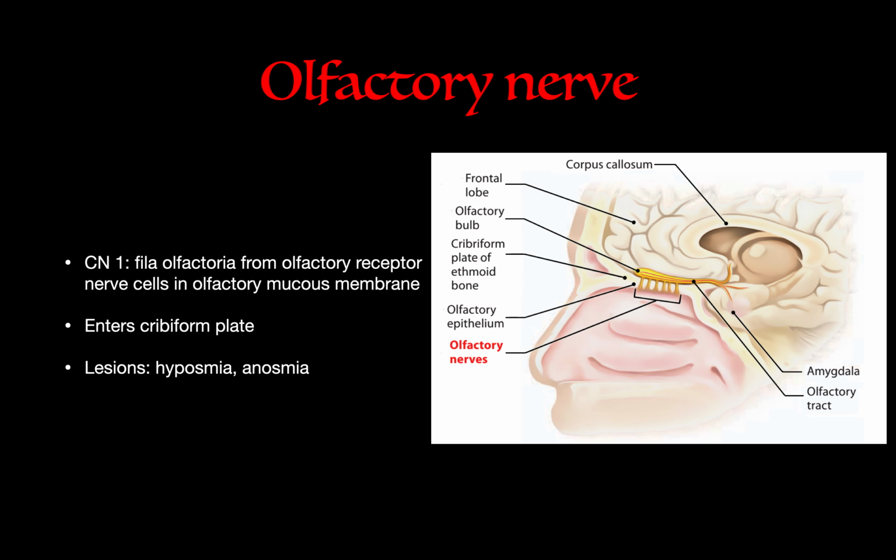Okay, so cranial nerve number 1 is the olfactory nerve, and the fila olfactoria are these tiny little filaments that pierce the olfactory epithelium into the nasal cavity, and those innervate the olfactory mucous membrane and enter the cribriform plate. And they work because when you inhale, the air conveys scent particles. And then when you take a breath, it goes through the turbinates and then reaches the fila olfactoria and they bind, and then from there it goes into the olfactory bulb and then goes through the olfactory tract